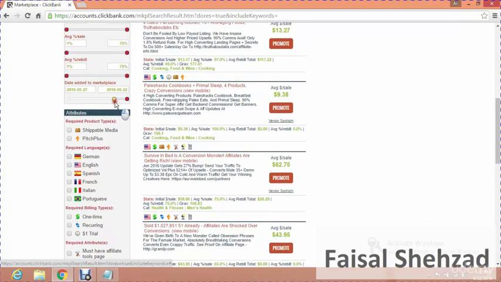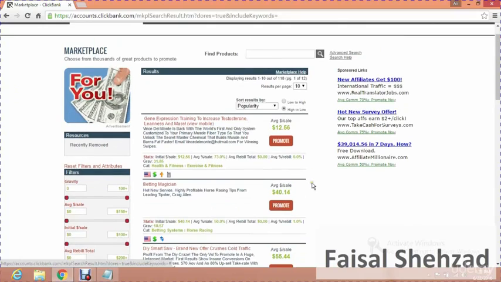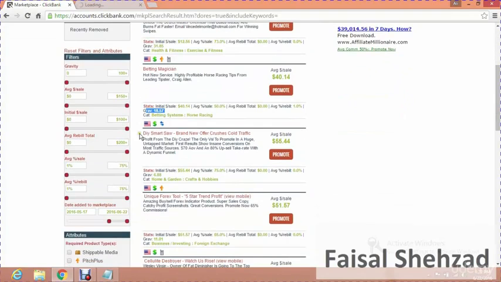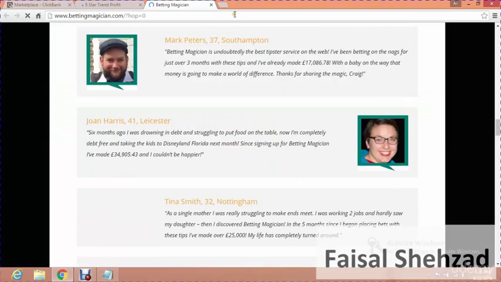If we look at the 1 month old products and see, okay, here it is. For a newer product, our gravity is 10 plus, which we are going to target. If we just look at the Betting Magician, okay, no, the gravity is quite low. If you look at this Unique Forex, it's basically forex trading. So here it is. We are going to target